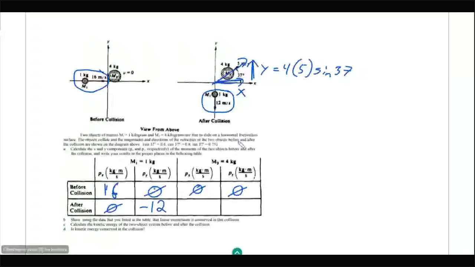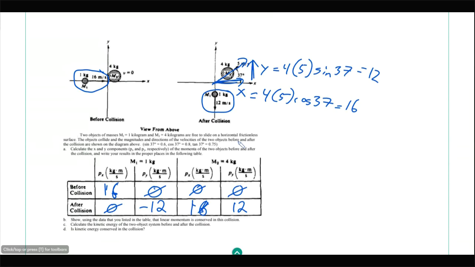They tell us the sine of 37 is 0.6. So that gives us a 16 when you plug that in the calculator, or really close with actual rounding here, in the x direction. Now that was the y direction. I can do math. That is 12 in the y direction. And the x one that I already did the math for, 4 times 5 times the cos of 37. This is 12. This is 16. So we get this table filled out kind of like that. That's a terrible 6, but it will work.